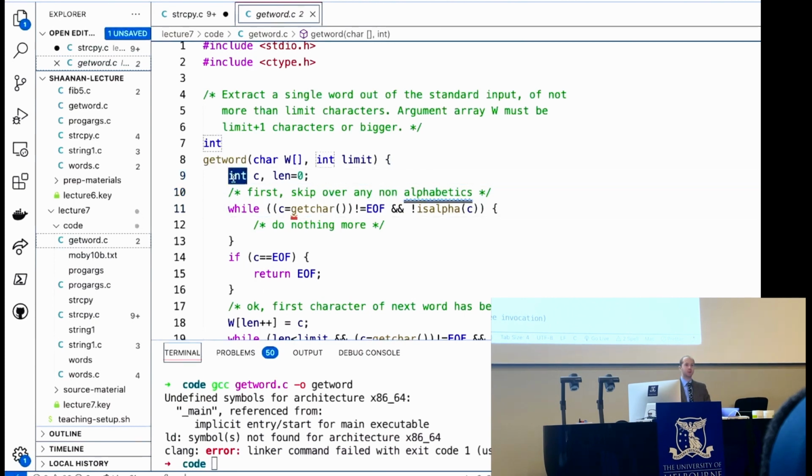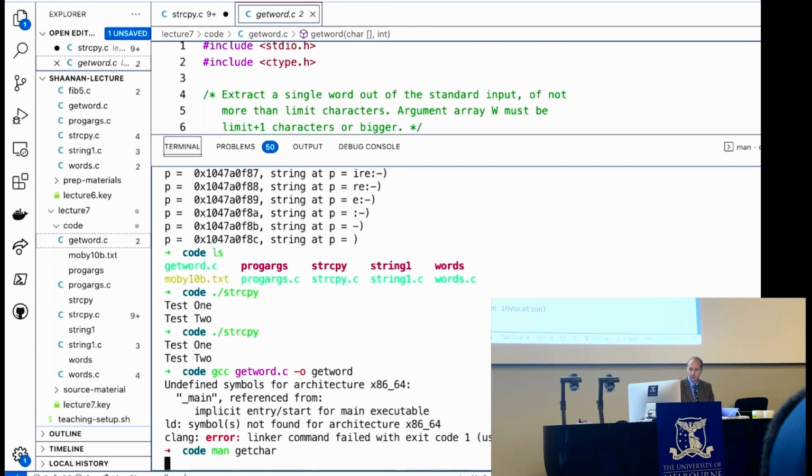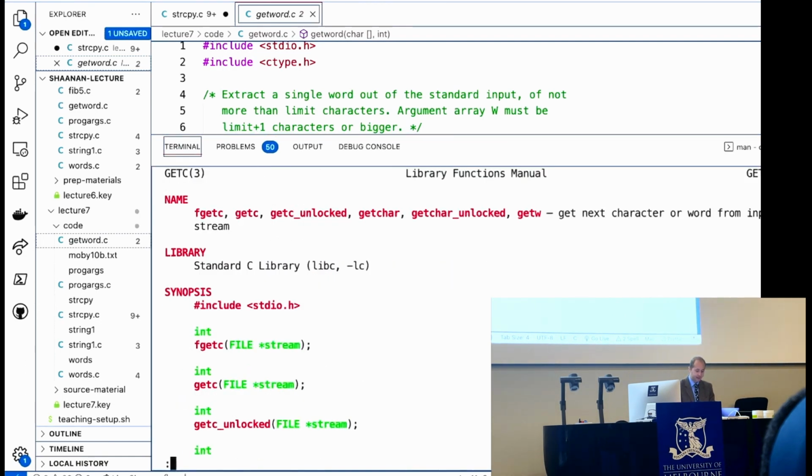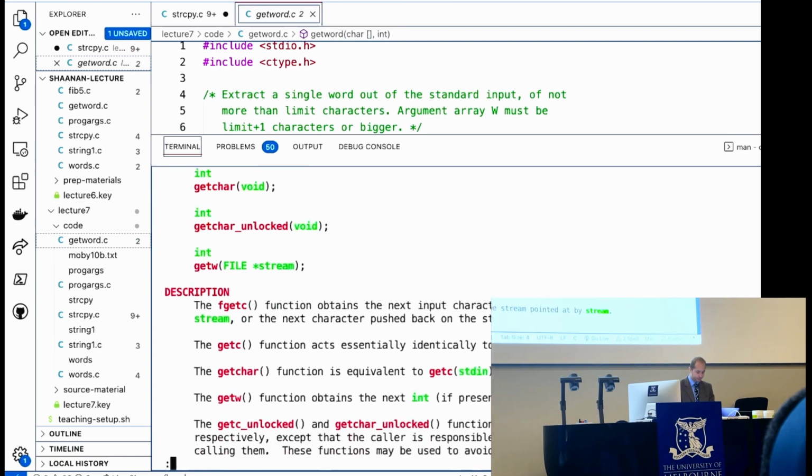We are going to create an integer here, and this could be a character. We're going to create an integer here to store our character. And we're going to use another function that I think we might have seen in this class before, but if you haven't, it's getChar. And if we open up our terminal and ask what getChar is, it says: get next character or word from input stream. So getChar doesn't take any arguments,